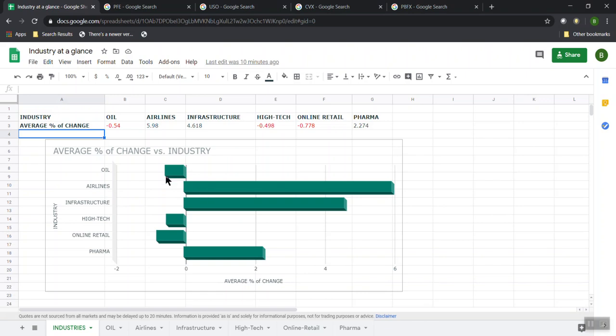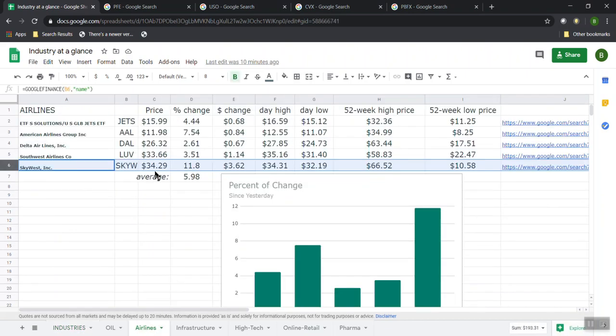A couple days ago when oil was big, it was just that the economy was opening up in general. Trucks were going to start driving again. People are going to start driving around in cars. Airlines are going to start buying oil. So the news kind of affects industries like this. Having this kind of visualization also helps you to think about things in terms of industries. And then when you see something going on here, and you can see which ones are the leaders in that day, you can go drill in and see, okay,